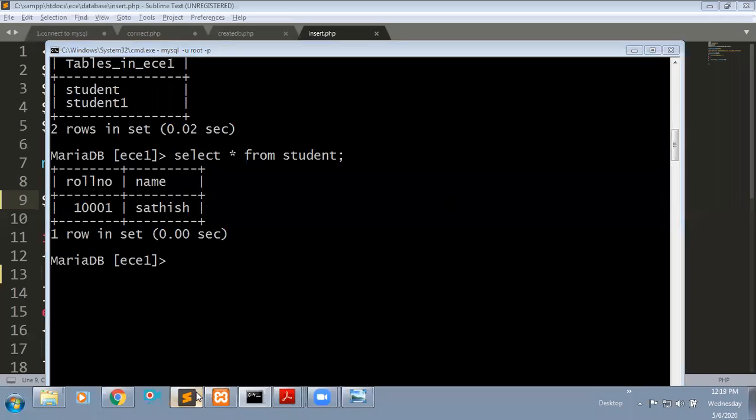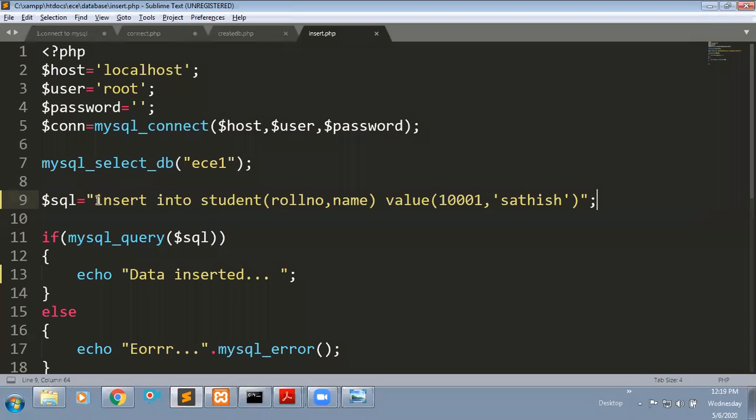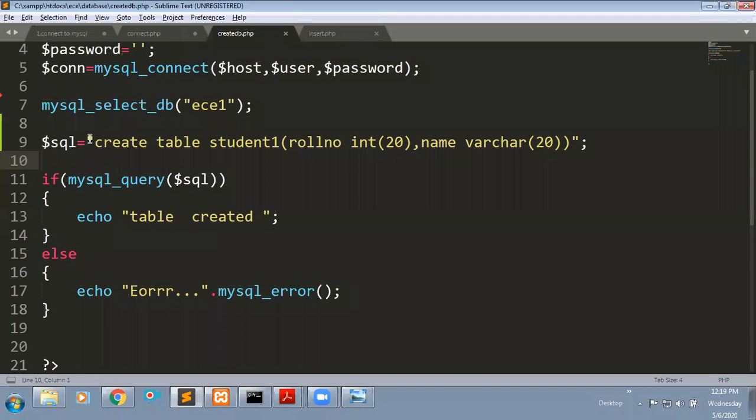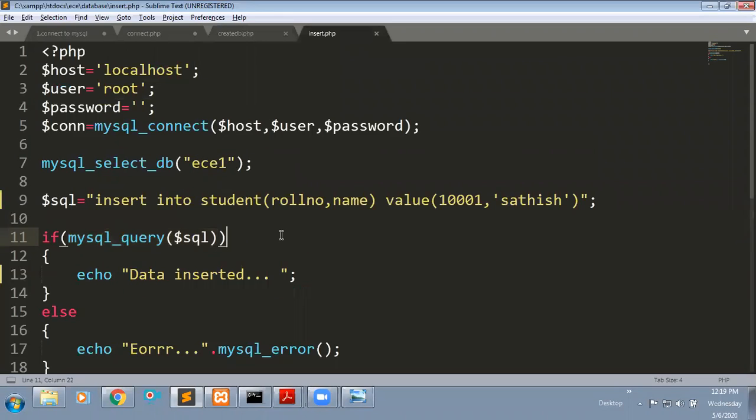See what we did: we just wrote the insert query, and then we executed that query by using this function. In the previous case, for creating a table, we wrote the query for creating the table and executed it by using the same function. Everything we did with the same function only. For executing any query, we use this function, but we change the query itself. For example, in the same way, I'm going to insert one more row.